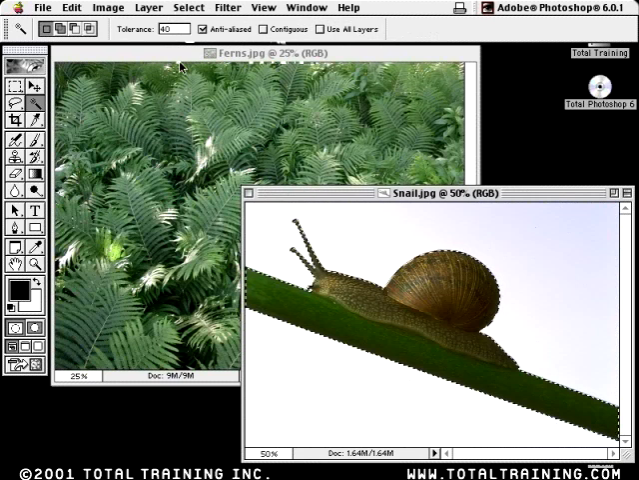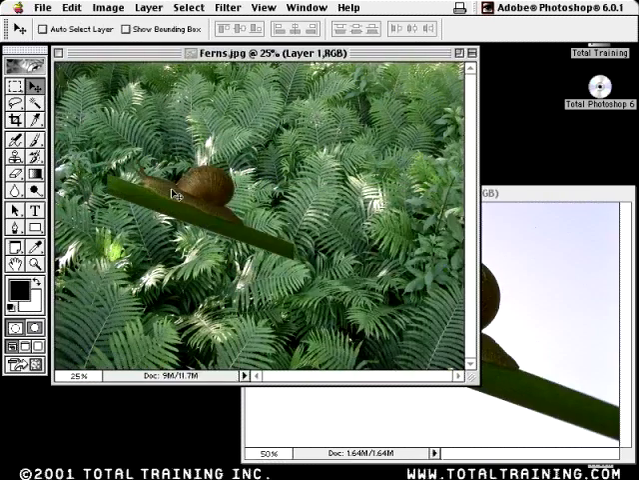And I'm going to want to drag and drop this snail against the fern background. So I'll get the Move tool and drag him and drop him. Problem is, the fern is a very big image. The fern's image is very, very large, too large for my snail. So what I want to do is resize my fern's image to match my snail's image so they're both